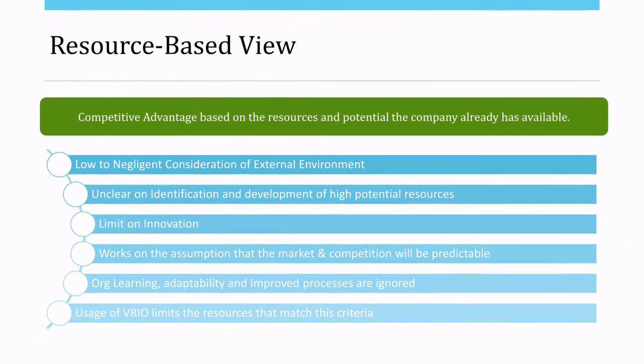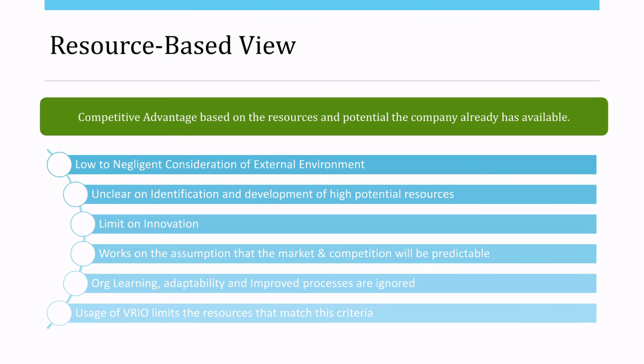Thanks, Kauri. We considered some other frameworks and tools that may be applicable to Apple, but we found some issues with them which made us take them out of consideration. One of them is the resource-based view. The resource-based view is a framework where the consideration of the external environment is kept to a minimum and the focus is entirely on the company and its current resources. The strategies are designed to make full use of the available resources to bring out the company's full potential. We considered this for Apple as we thought it would suit assessing Apple's internal activities by breaking down the elements to be considered as resources.